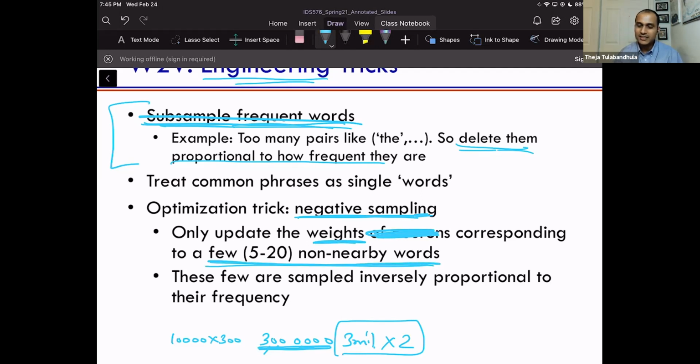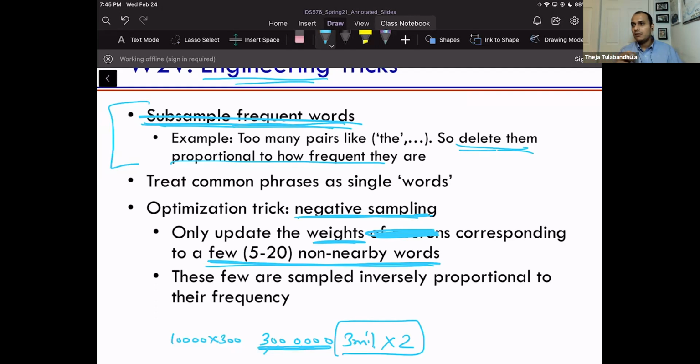Okay, so which just means that when I produce, I need to do backprop, right? So I need to predict the right word, the nearby word. And of course, I also predict hopefully zero score, and therefore zero probability, for the non-nearby words. Okay, and there are going to be many non-nearby words, right? So there's going to be almost 9,999 non-nearby words, for example. You can't now backprop all the words and update all the weights in every gradient descent step.